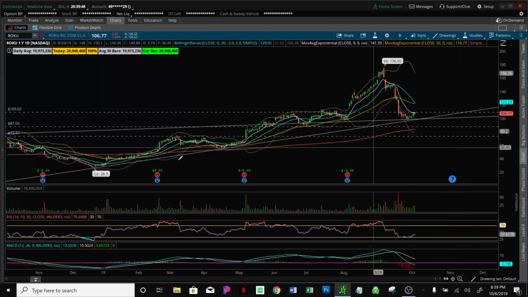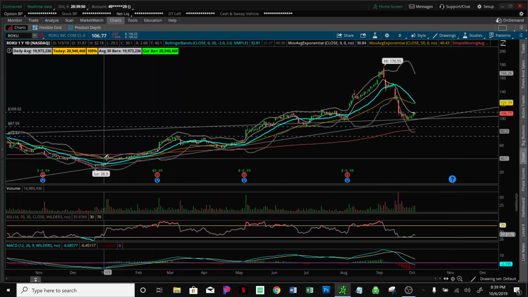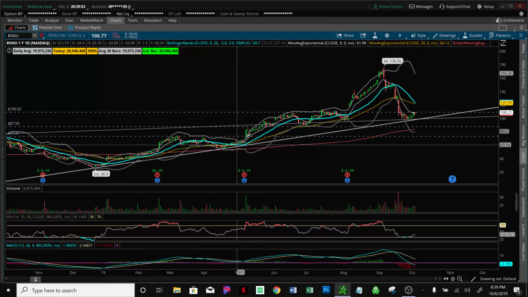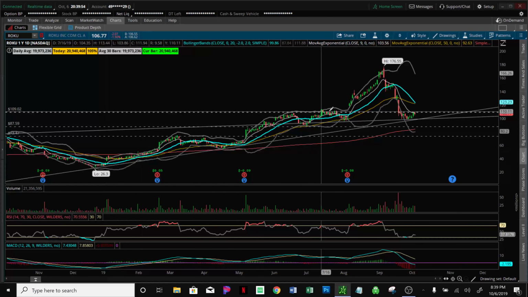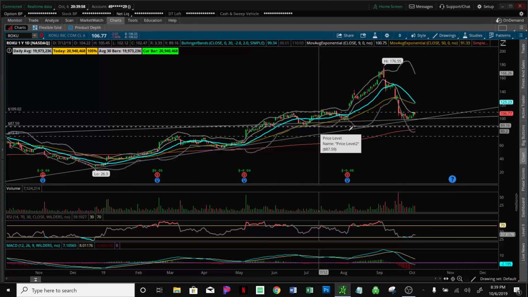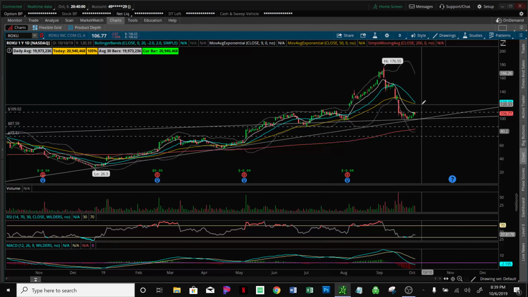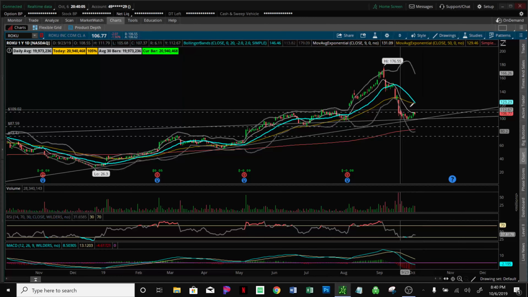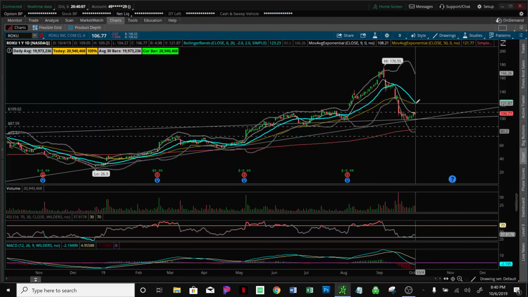As you can see here, this 50 EMA on a daily acted as some good support. So I would look at that as something that may act as some good resistance. If we were to break out of this level and head up, that would be the first place